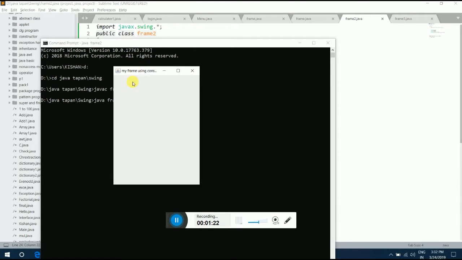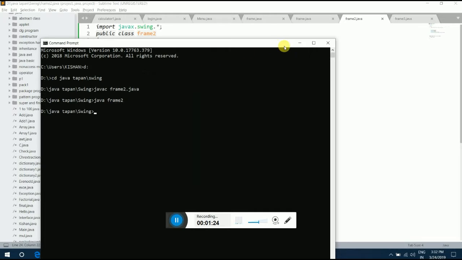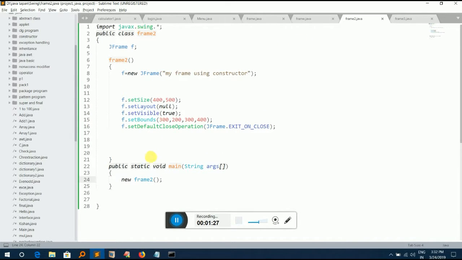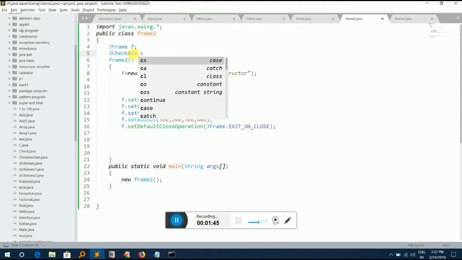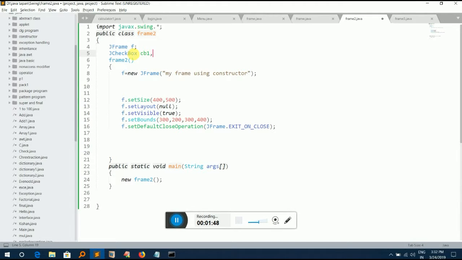Then how to add a checkbox in this frame? So write the code here. First I will create a class of Java, that is Checkbox. Then create objects, that is Checkbox CB1, CB2, CB3, CB4. Okay, then here also write CB1 equal to new